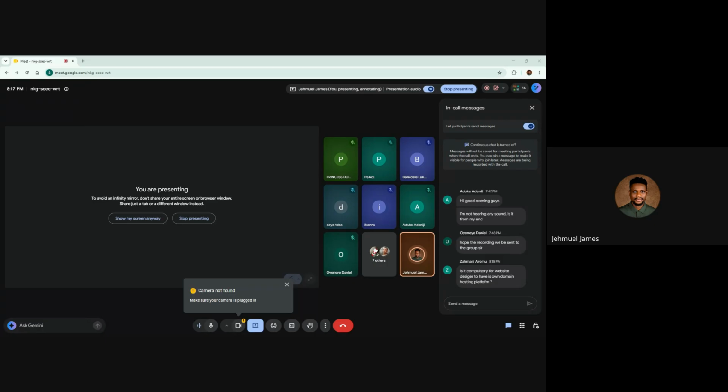First, we have something called shared hosting. Now, imagine a massive apartment building where hundreds of people live. Shared hosting is exactly like renting a single room in that building. You share the same front door, the same plumbing, the same water, the same electricity with hundreds of other tenants. On a shared hosting server, your website lives on a single machine alongside hundreds, sometimes thousands of other websites. You all share the exact same CPU, which is like the processor, the exact same RAM, which is memory, and the